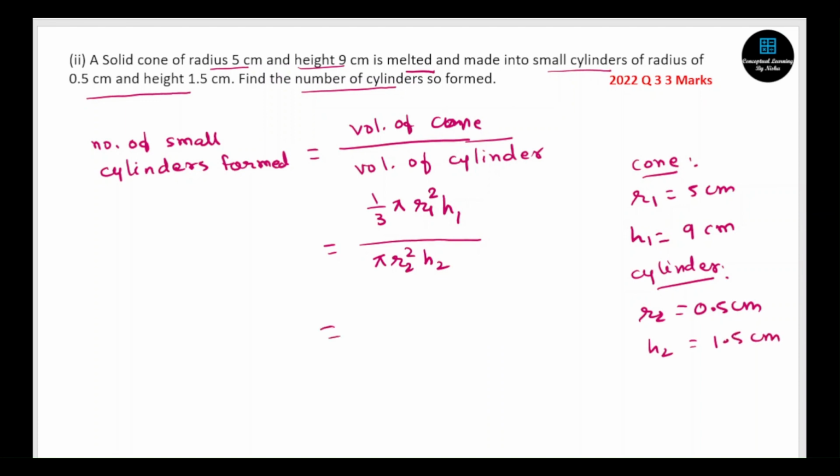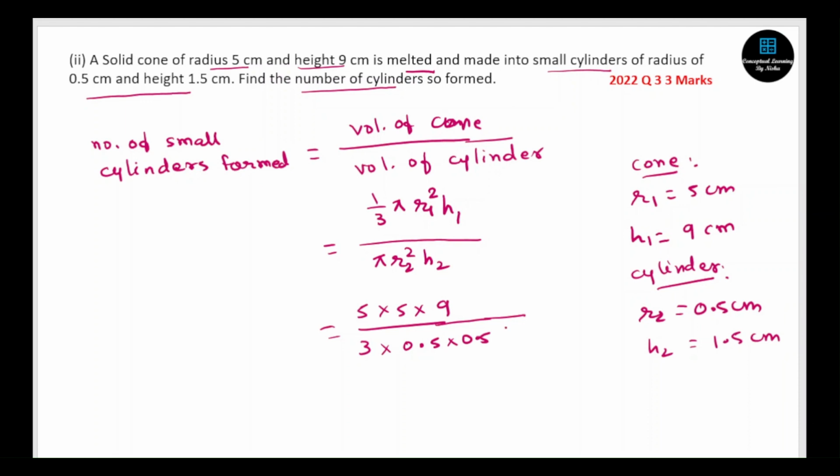Now when you have this value, you can easily cancel out the value pi. That's why I am not putting it over here. And now when I solve this, what do I get? Let me just write this. 5 into 5 into 9, I am taking 3 below. Pi is already cancelled out. Now R2 is 0.5, so I'll write 0.5 times 0.5